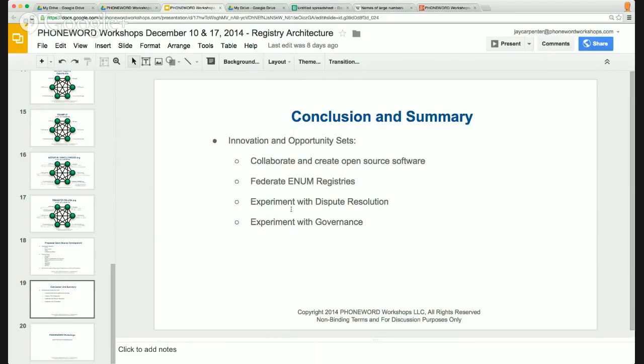an opportunity to experiment with dispute resolution using some of the principles that Ronald Coase has put forth and that have been tried and true and tested, as well as some of the principles of tried and true homesteading approaches. And because of a federated registries structure, I think it opens up an opportunity to experiment